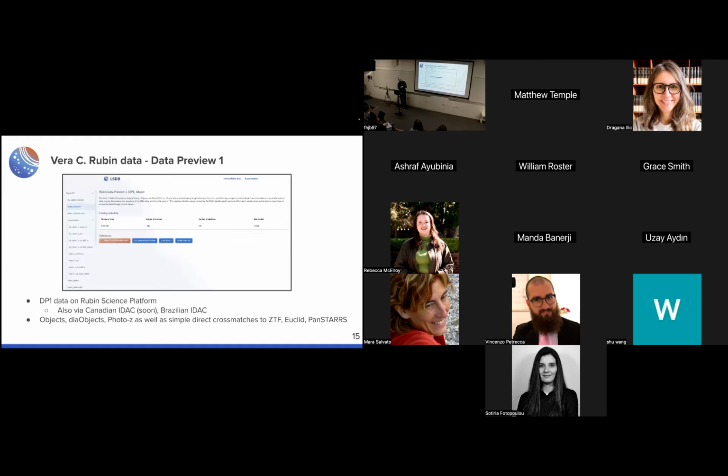Regarding Rubin, what we have done with Data Preview 1, for scientists, the biggest interest is we have the DP1 data on Rubin Science Platform. Soon also, I hope with Canadian CADC, Brazilian IDAC, we have the data. We have it also in the Dark Energy collaboration on their compute systems on NERSC. And then we have here, you see, this is the website. We have these different cross matches also with direct cross matches to ZTF, Euclid, and Pan-STARRS. And then we have also